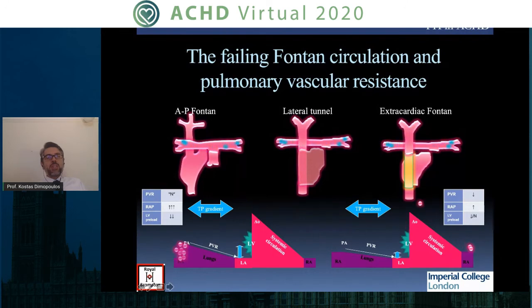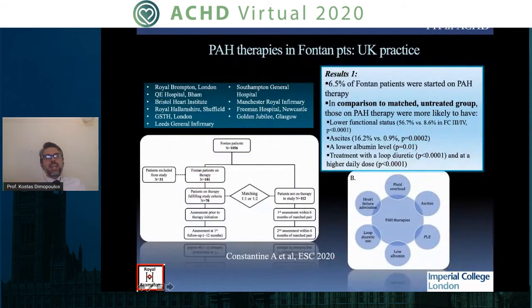There are some studies, there is some evidence that PAH therapies may work in these patients. But looking at the UK practice, this is data from Andrew Constantine's work with various centers, almost all centers around the UK, collecting data on over 1,000 Fontan patients and matching them between patients on PAH therapies and not on PAH therapies. We found that only 6% of patients had been started on PAH therapies,